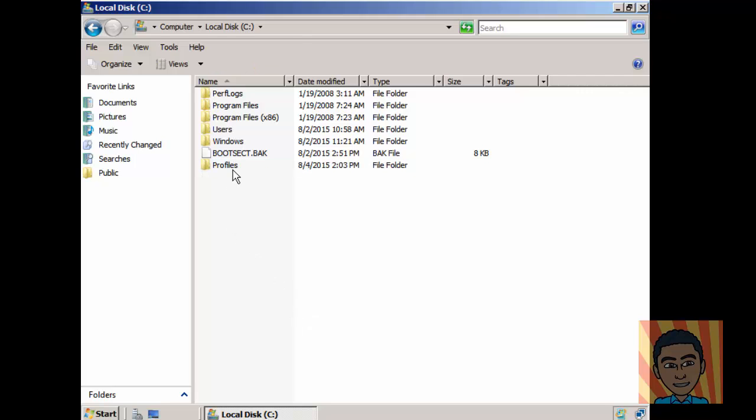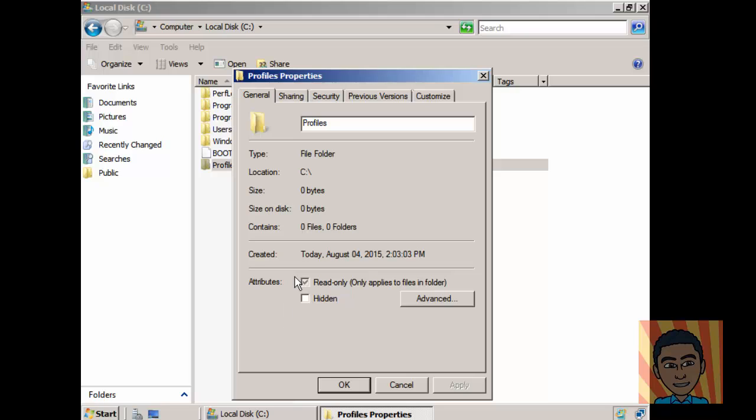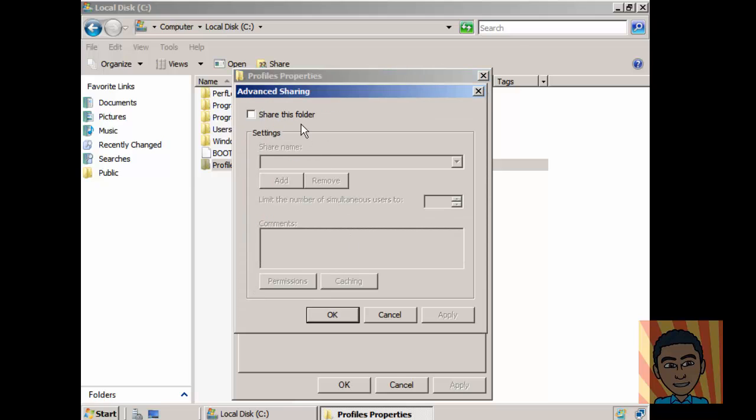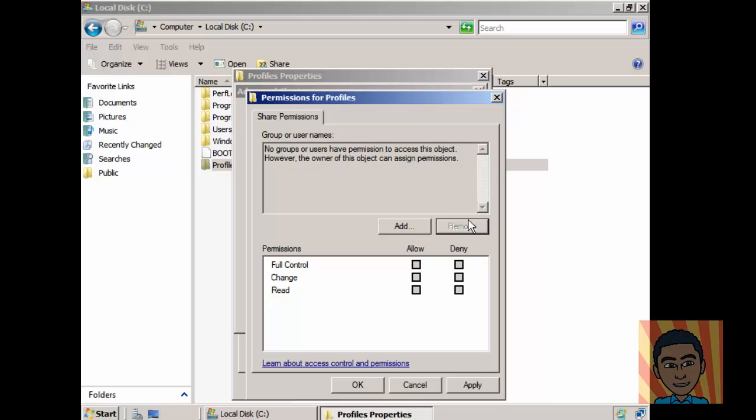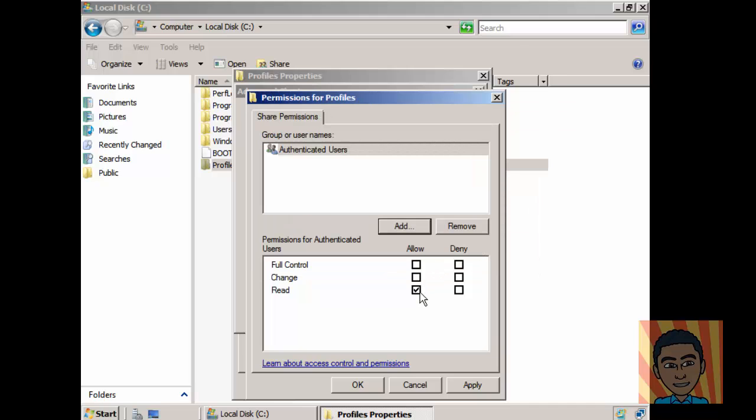Then I'm going to right click on it, go to Properties, and then you're going to go to Sharing, Advanced Sharing, and then I'm going to click this box here that says Share this folder, and then I'm going to go to Permissions, and we're going to remove everyone from this list, and we're going to add authenticated users. Click OK, leave it as read access,